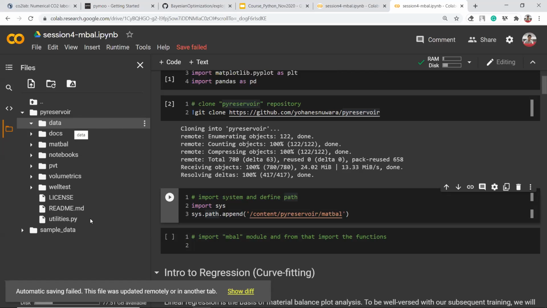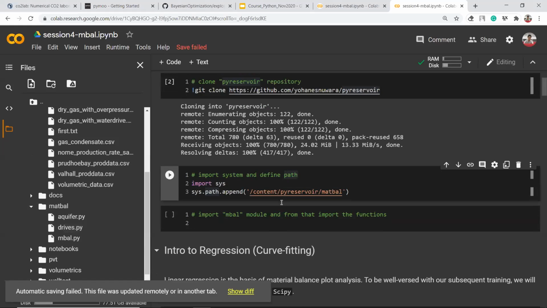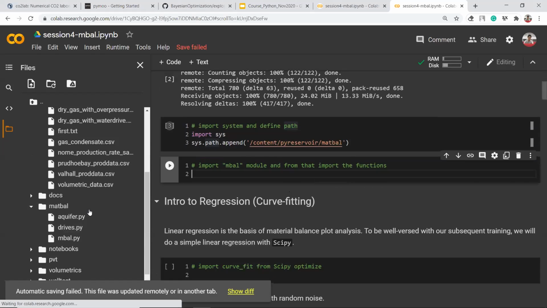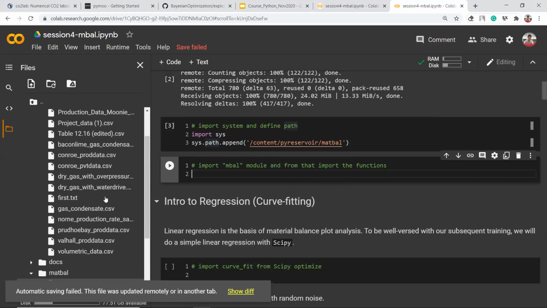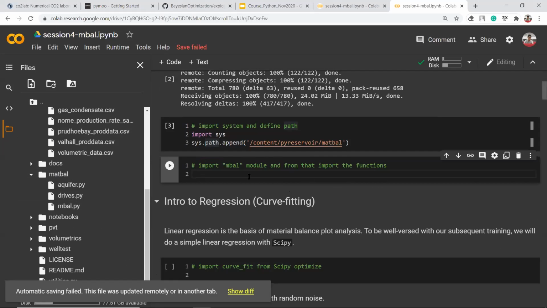Okay, and also you may want to use this one, which is mbel, and these three functions that we will use right now. So it seems that all the functions and data have already been inside our Colab. So the next thing is, like we just did yesterday, we import